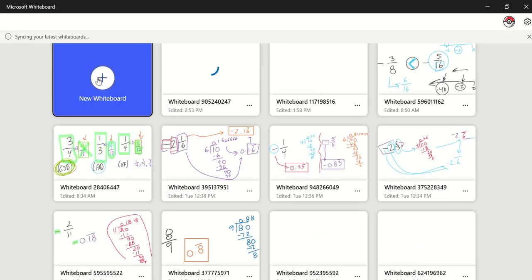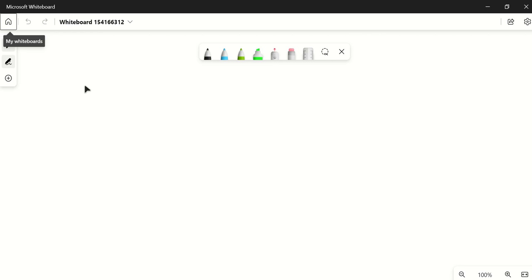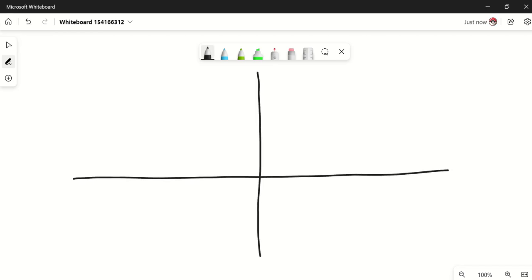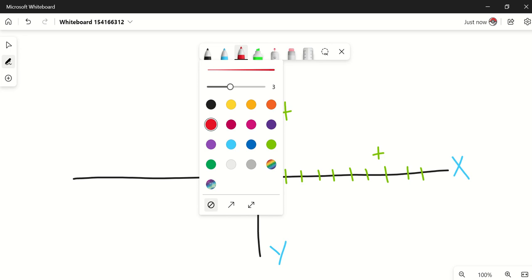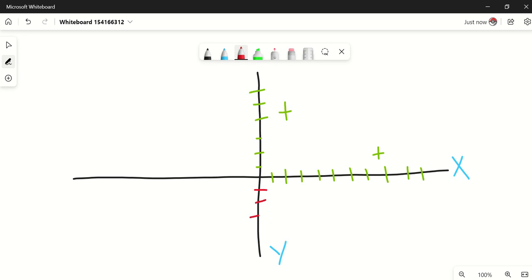The term coordinate plane refers to a graph that has a y and x axis. Remember, the y-axis goes up and down while the x-axis goes left and right. These are basically two intersecting number lines. On the y-axis number line, the top part is all positive, while on the x-axis, the right side is all positive. On the flip side, y's bottom part is negative, while x's left part